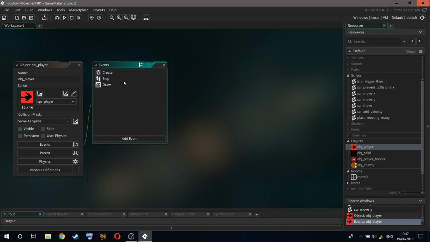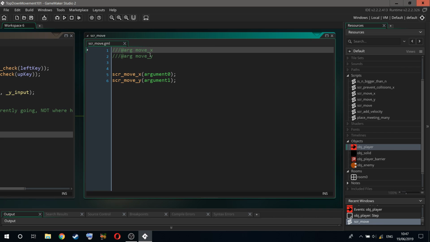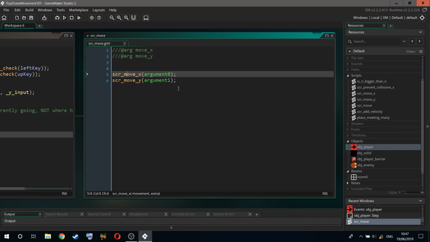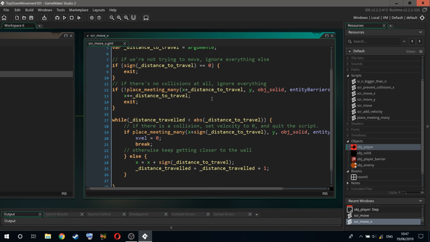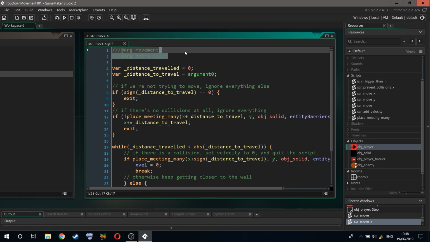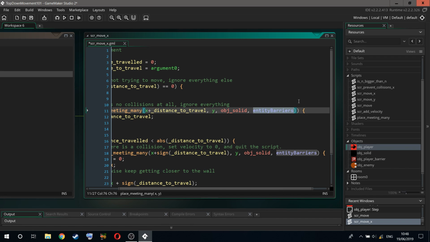So, okay, in the player, when we move, we pass in xvel and yvel, so far, so good. Then we pass xvel to the move x script, and we pass yvel to the move y script. So far, so good. Okay, first problem is I don't need this extra parameter because we could pass the array as a